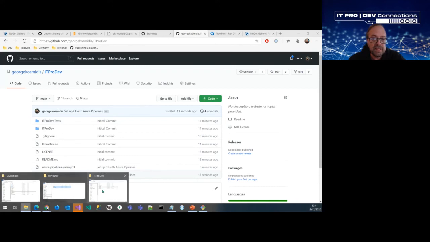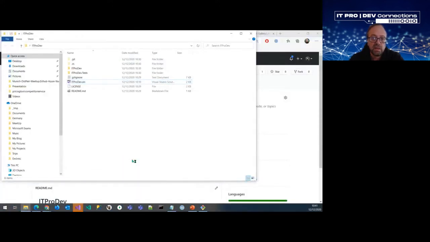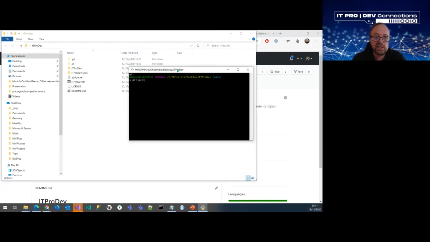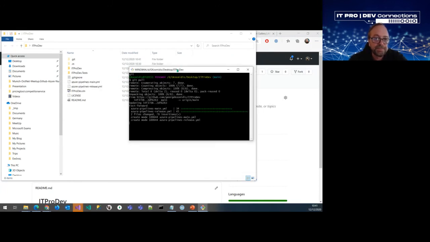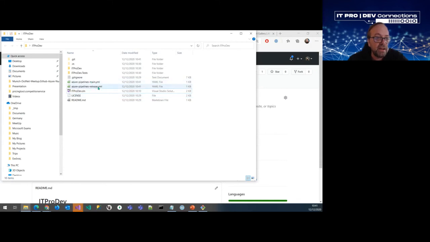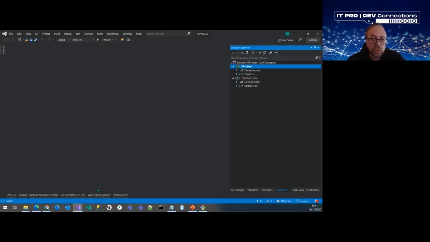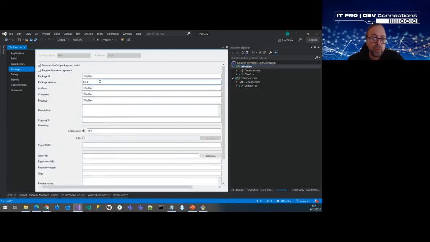That means you can just pull them here. Again, wrong screen. You can just pull them and they are here. So you can edit them directly from here if you don't want to use Azure DevOps. Now, if we go to our solution here, we see that we are in main and the current version that we have here is 1.3. If we push a change, let's say 104, and we push it to main,